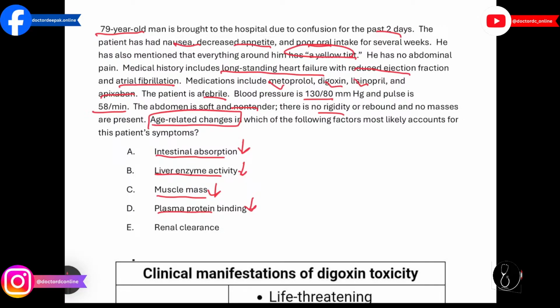Now we come to the next question. The next question is, a 63-year-old woman comes to the office for a